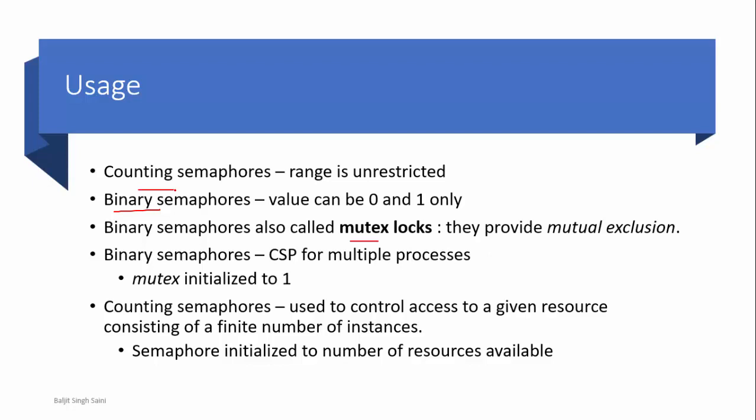So in this case we can use counting semaphores. हम हर एक के लिए अलग अलग वेरिएबल यूज़ नहीं करेंगे 5 प्रिंटर्स के लिए. We will use one variable for the resource printer, but in this case we are going to initialize it to 5 because हमारे पास कितने प्रिंटर्स हैं? 5. So whenever you have counting semaphores, then the initial value of the semaphore variable should not be 1, but it should be equal to the number of instances that are available. So binary semaphore हमें तब यूज़ करना है जब मेरे पास एक ही इंस्टांस है. काउंटिंग semaphore हमें तब यूज़ करना है जब हमारे पास मल्टीपल इंस्टांसेस हैं.